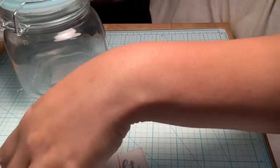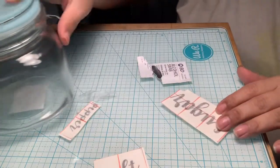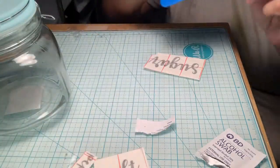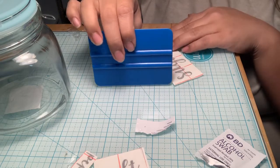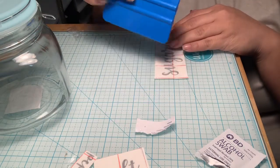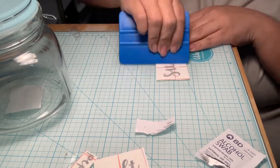Okay, so this is gonna be for my sugar. So now that I have my item clean, I'm gonna cross through here. This is a vinyl, it's for vinyl already, or you can even use a stick, a debit card or any type of card. So you can just press it down